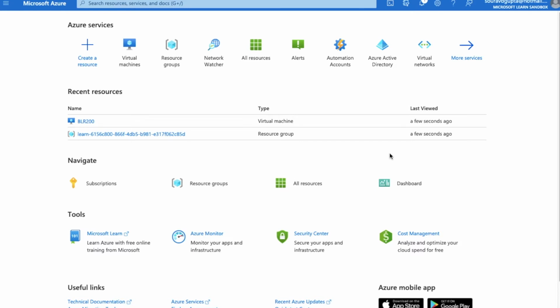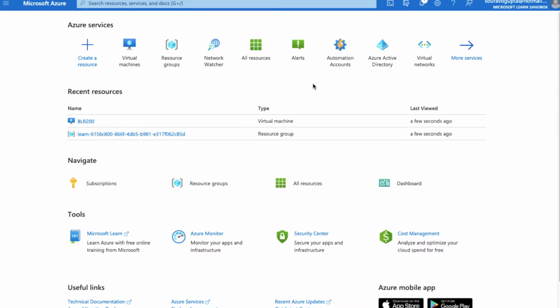Hello guys, in today's video, as you are aware already, we are going to see how you can troubleshoot RDP issues in Azure VM. Please note that we are going to troubleshoot a VM created using the Resource Manager deployment model only, not a VM created from the earlier or legacy deployment model. And we will use the Azure portal to troubleshoot.